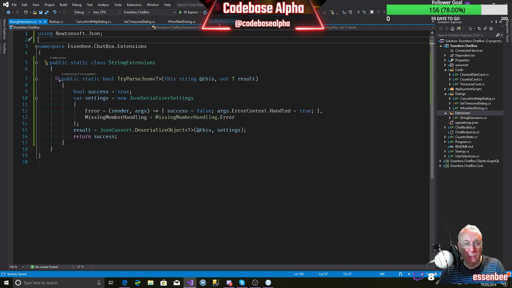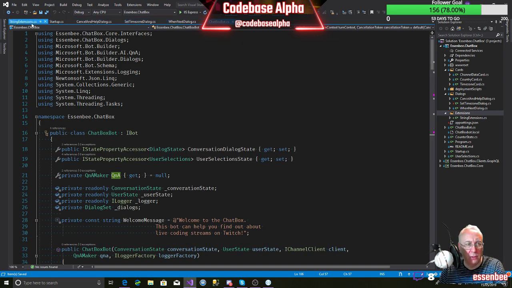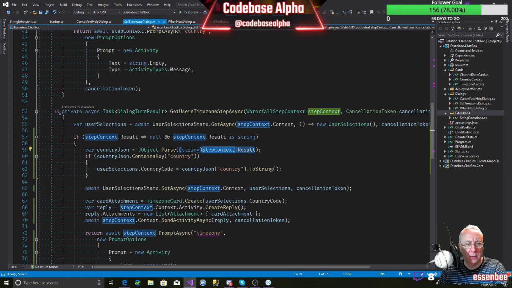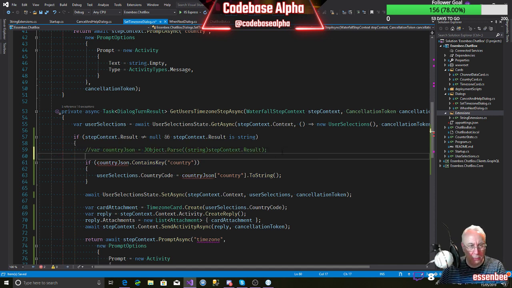Okay, let's have a look, see how that would fit into what we're trying to do. So here we're getting a JObject back. I was wondering if this is once again predicated on knowing what we're going to get. Let's give it a go. Let's try it out. It may be this isn't going to be what we want to do.